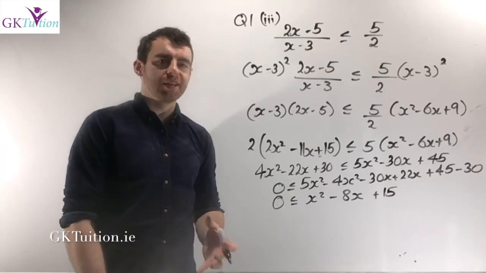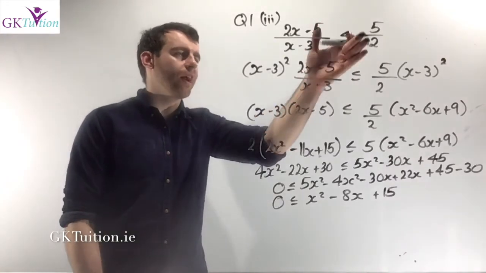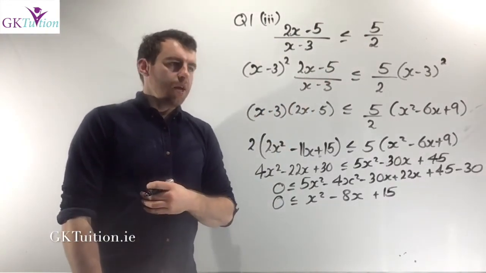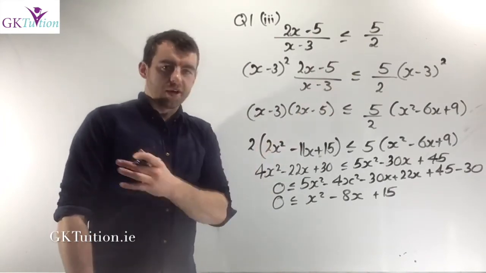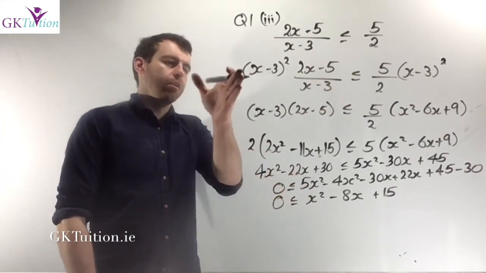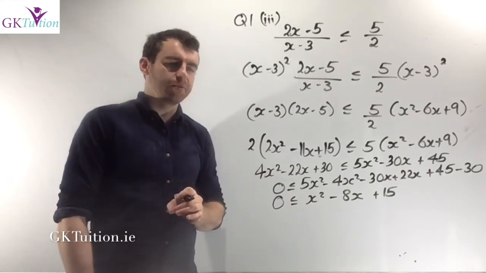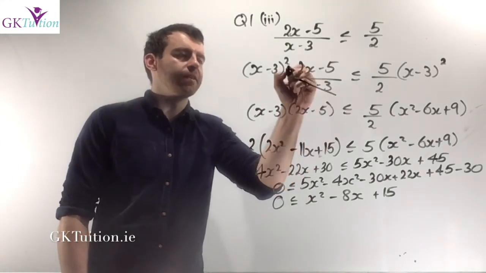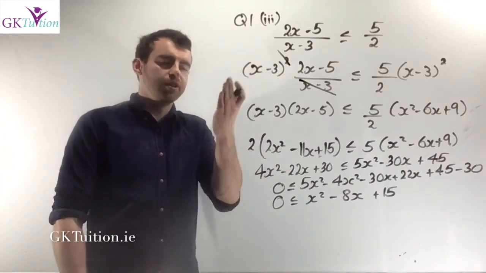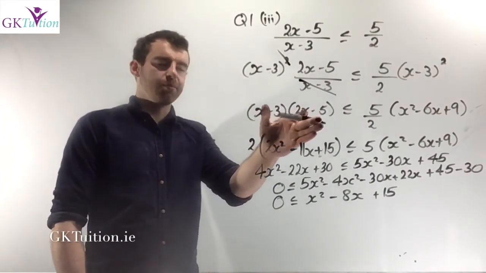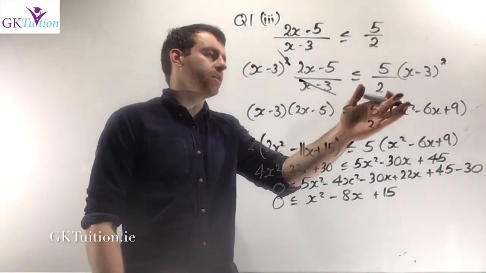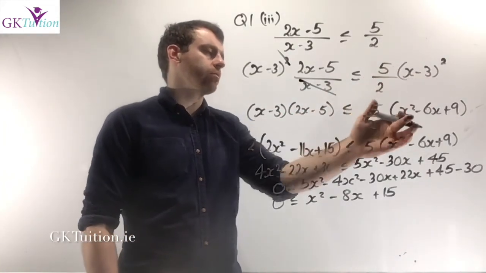Okay, the third one was a little bit more difficult because there's a fraction on the right-hand side. Now, what I decided to do was, for the moment, ignore the 5 over 2, and I just treated the question as usual. I multiplied both sides by the denominator squared, in which case on the left, x minus 3 divides into one of the x minus 3's on the top. And I'm left with x minus 3 times 2x minus 5. And on the right hand side here, I multiplied x minus 3 by x minus 3 and got x squared